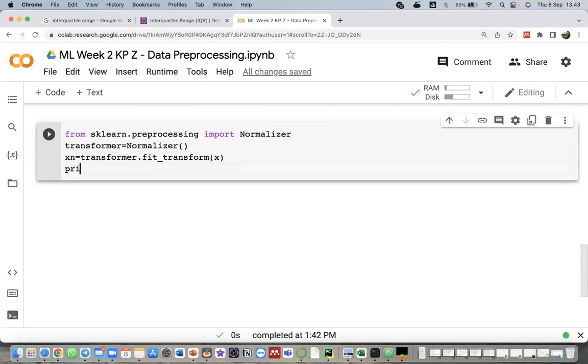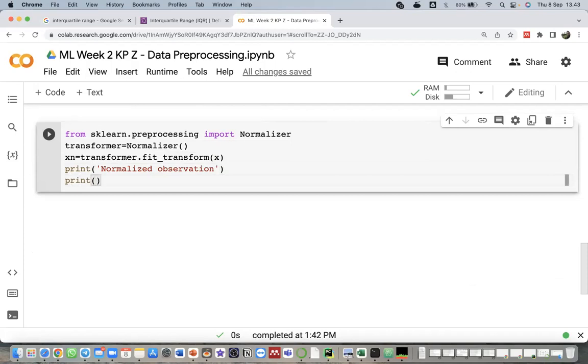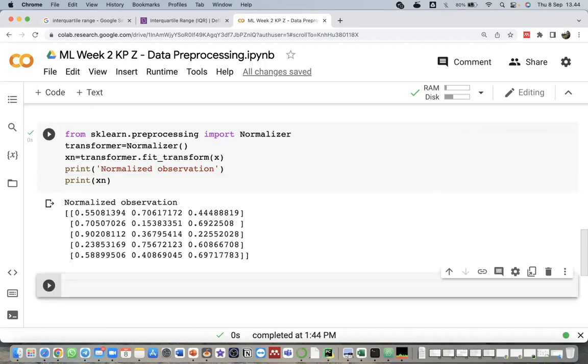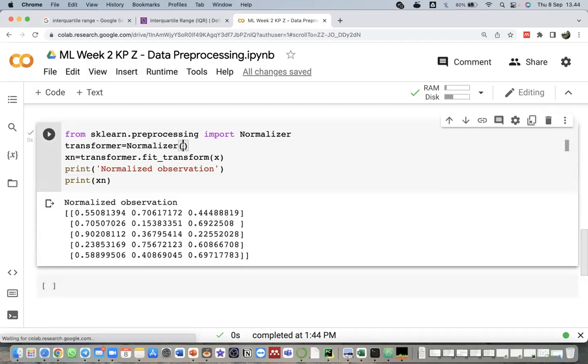After that I print the normalized observation, print Xn. Using L2, this is the default: if you call Normalizer without giving any argument, it will execute L2 normalization.